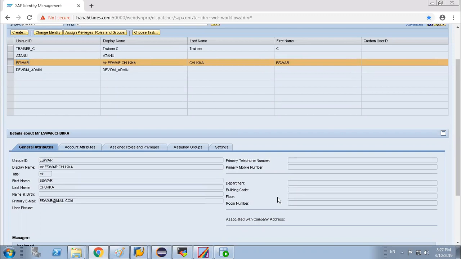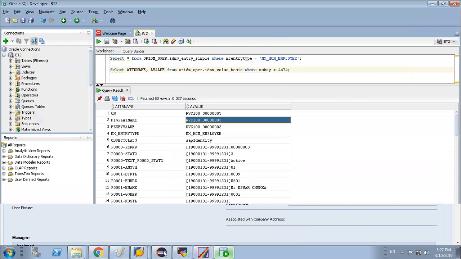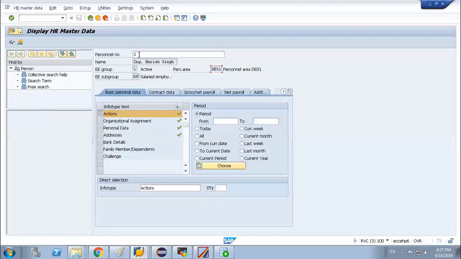Yeah. So Gyan, you asked one question, right? What would be the user ID and where are we maintaining that user ID? That was your question. Yes. So we are maintaining the user ID in the user master record. Click on 3.